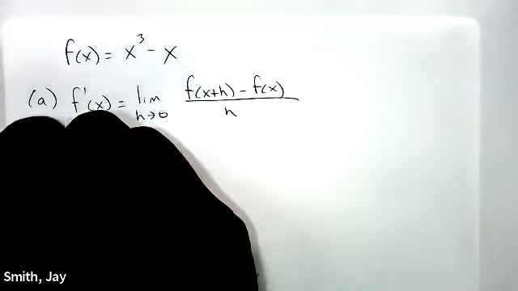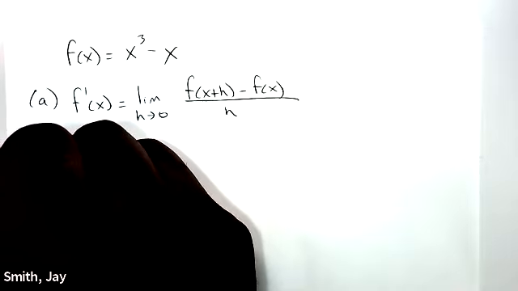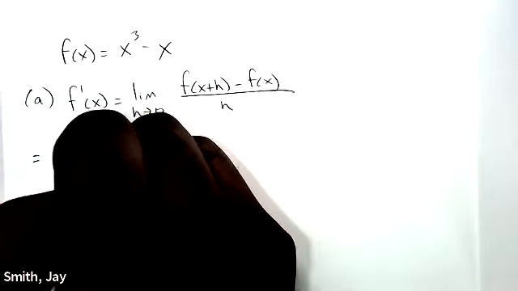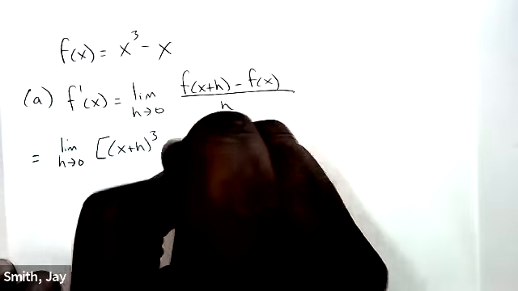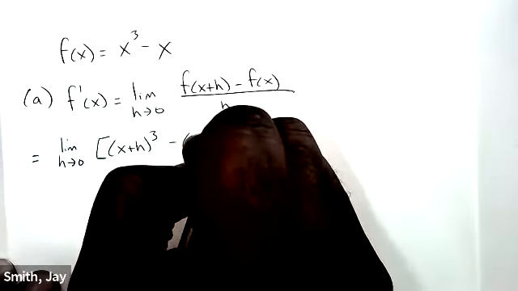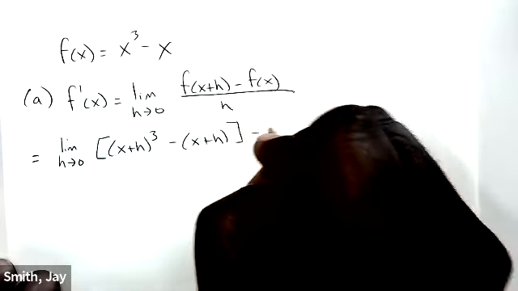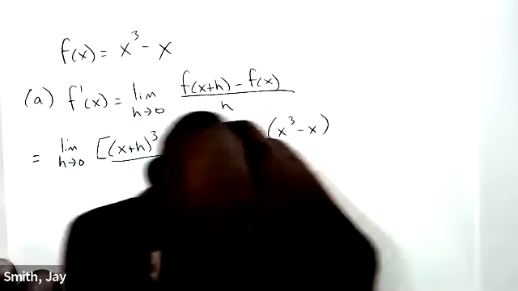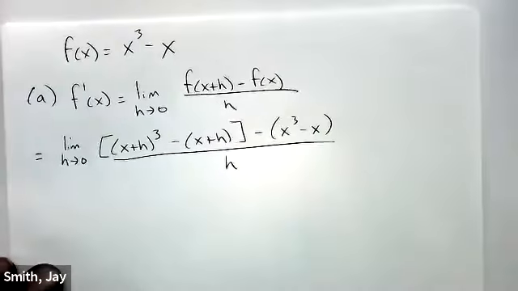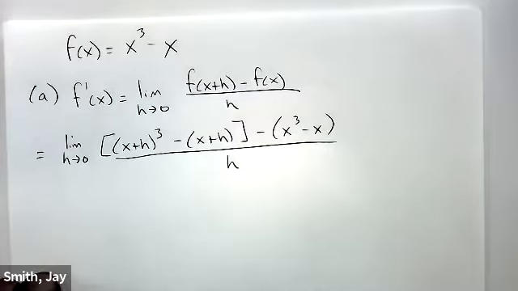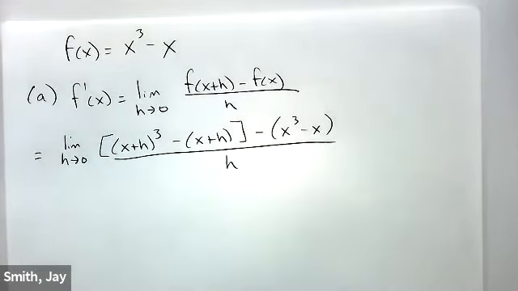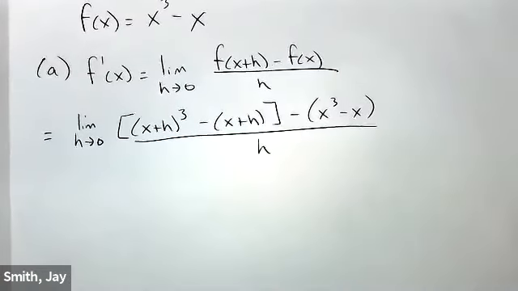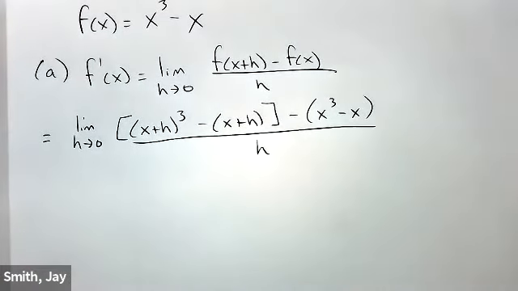So in this case, this will be the limit as h approaches 0 for x plus h quantity cubed minus x plus h, minus x cubed minus x, and it's all being divided by h. All right. Now,